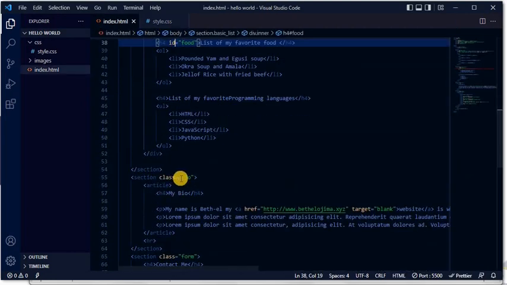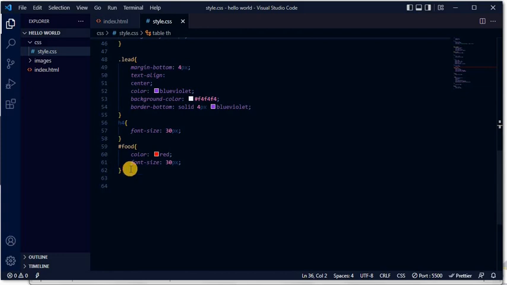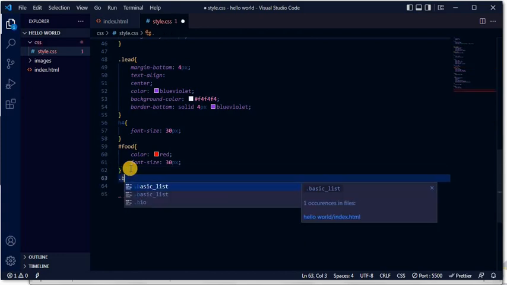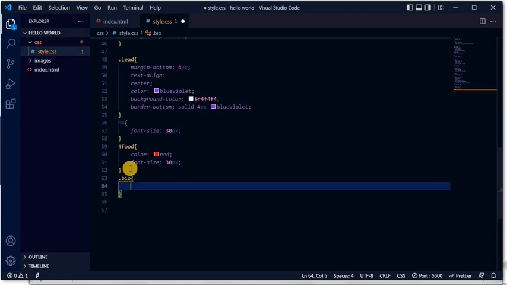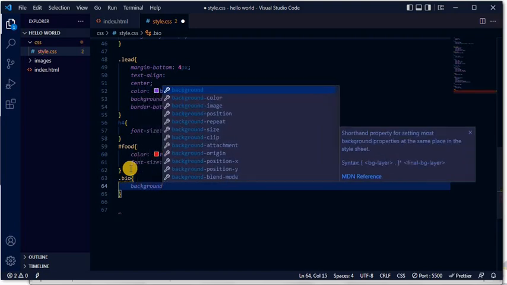I gave it the class of bio, so I could just go and target that class in our CSS. And by now you should be able to understand how to get a class, bio, and now we can add a background image